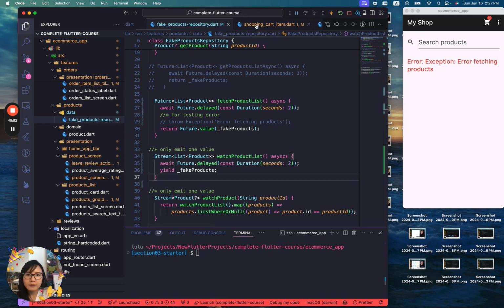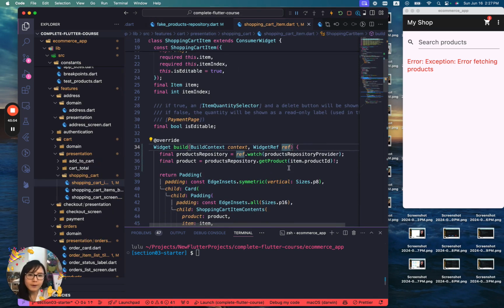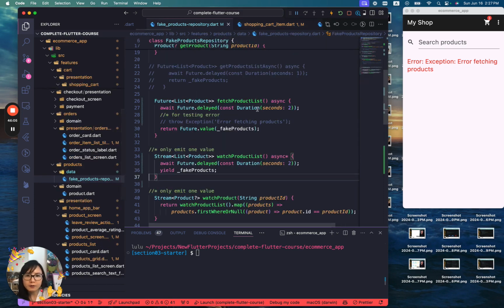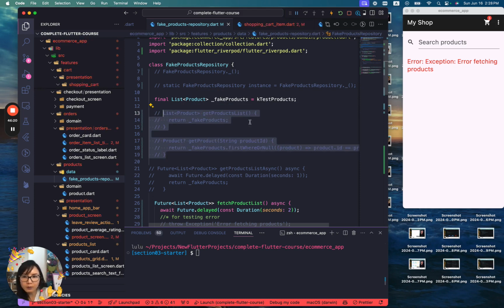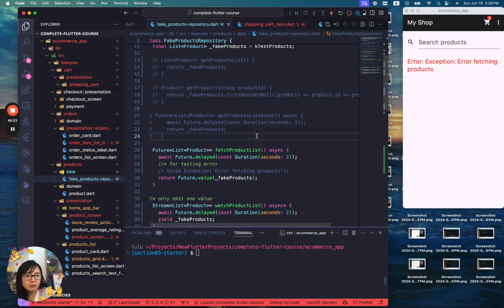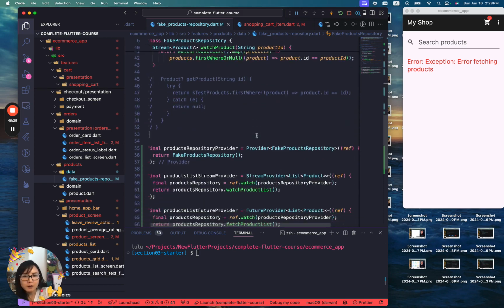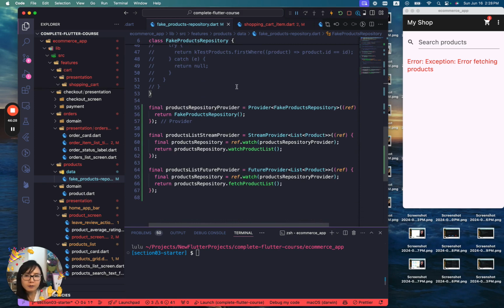What he means is, you remember, at this level we are getting product, and this should also come from a StreamProvider. So instead of using this getProduct, we should remove all these, by the way. I think this is no longer used. See? And we should remove this too. And we will see some errors, which is good. And so instead of getting the product